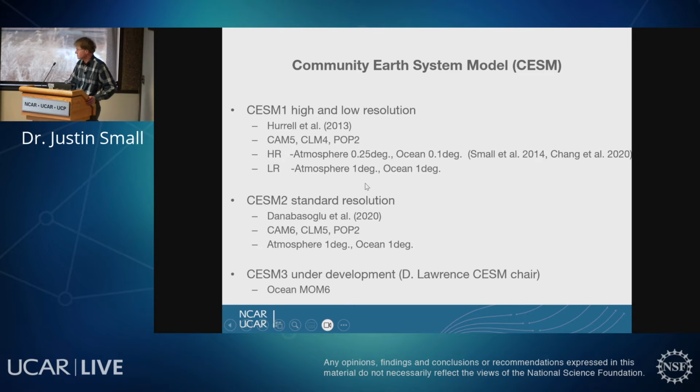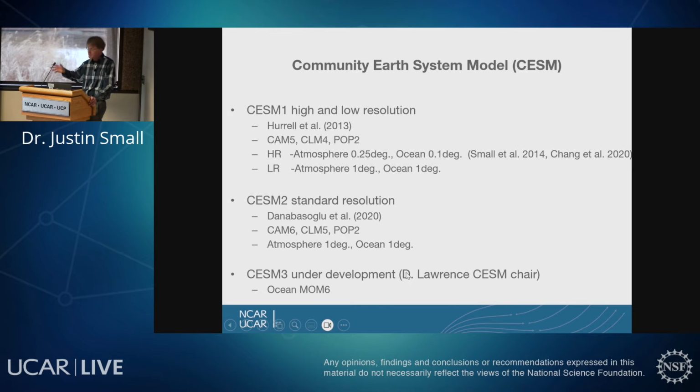I'll show some results from CESM2, just from the standard resolution paper, and the chair at the time was Gokhan Danabasoglu, and that used CAM6, CLM5, and POP2 again, and I just chose standard resolution of 1 degree each, atmosphere and ocean.